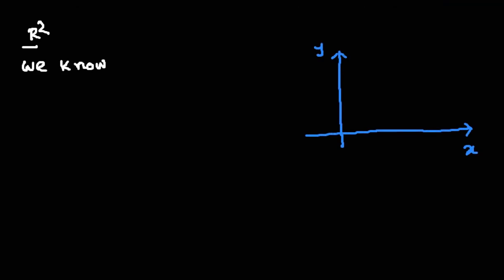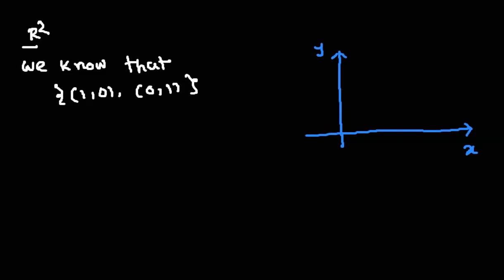Here we have, suppose this is our x-axis and this is our y-axis. We already used that, we know that this set of vectors, 1, 0 and 0, 1, is an orthogonal set of vectors. If I take the collection of these two vectors 1, 0 and 0, 1, this set is an orthogonal set. You can see that. Why?